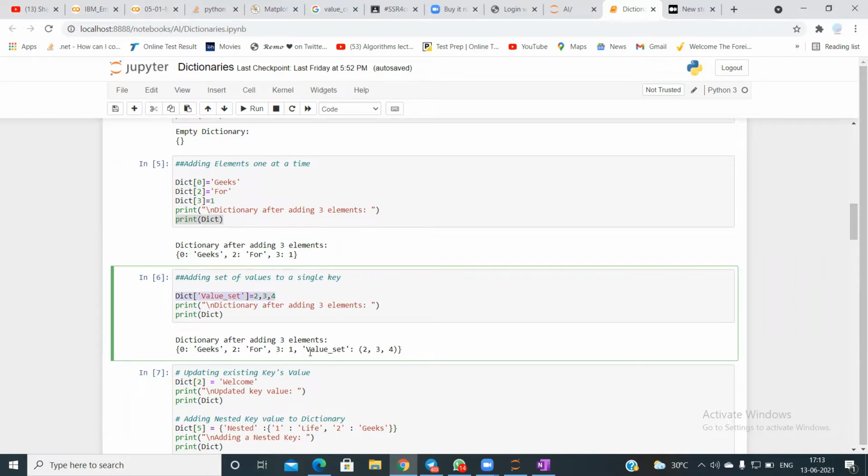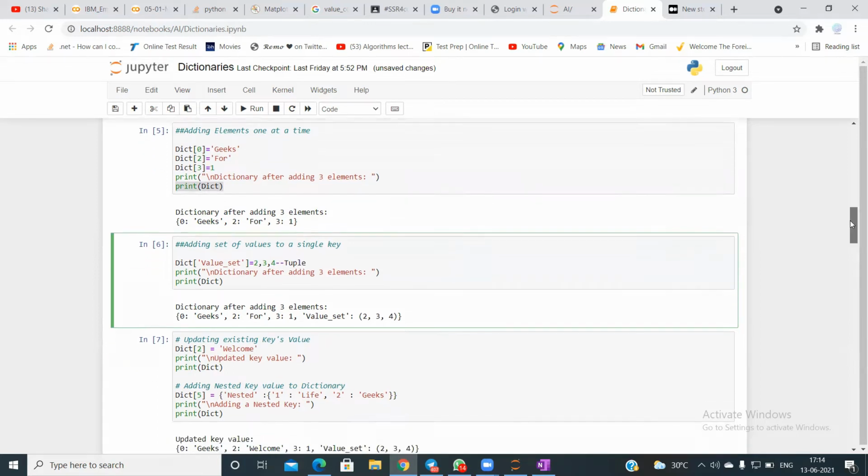Then it creates this key called value sets, and it adds these elements in the form of a tuple. So when you separate it with commas, by default it considers it as a tuple. So this is how you add elements.